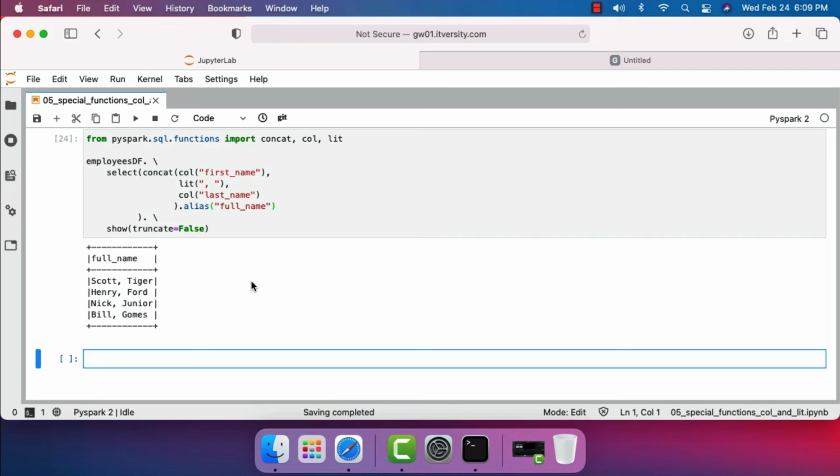This is how you should be able to use literals while deriving new values from the existing columns by concatenating or adding a literal to the existing column values. Sometimes for a given numeric field, we might want to add a constant value. Even in those scenarios, while using arithmetic operations, we should be able to use the lit function to add a specific numeric value to the existing column values. Make sure you are comfortable with both col as well as lit. They come in very handy as part of our data engineering applications while building using Spark.